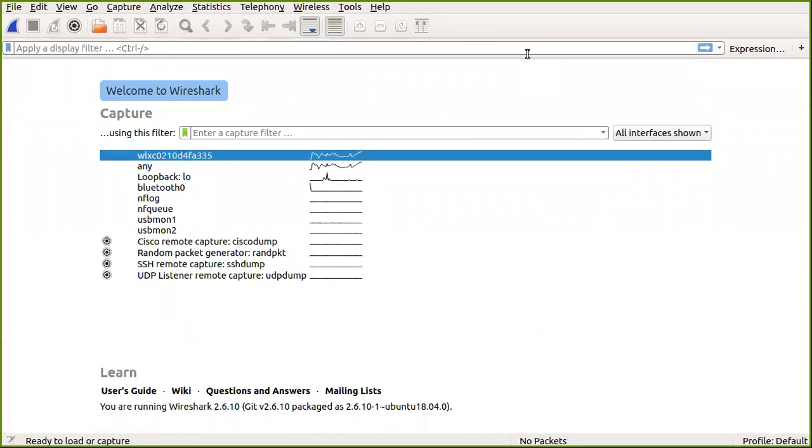Hello everyone. Today, what we're going to see is how we can use the Wireshark tool in order to capture the HTTP packets and then analyze them. I have already explained what this Wireshark tool is all about. It is used by administrators to capture the packets and analyze them, to find out the performance of the network, to see if any intrusion is happening, or to identify the bottlenecks. Network administrators can use it.